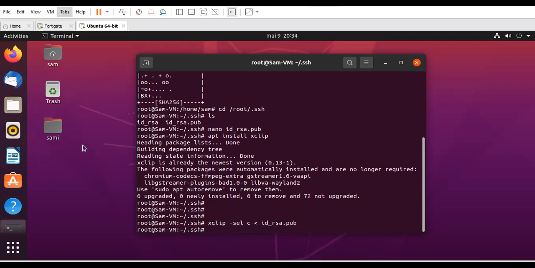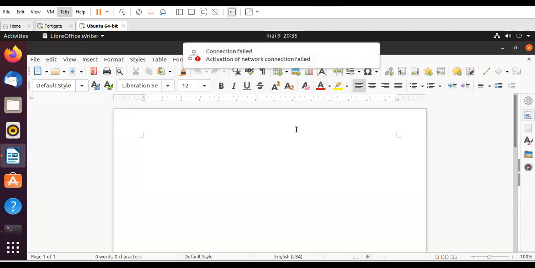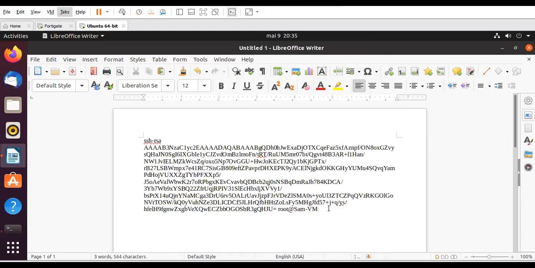Now it's copied. We copy it to a file that we have on our machine. Maybe you have Microsoft Word, maybe you have Notepad++. Here I'm gonna use LibreOffice Writer, which is the default kind of Microsoft Word on Ubuntu. Gonna copy, and in order to be able